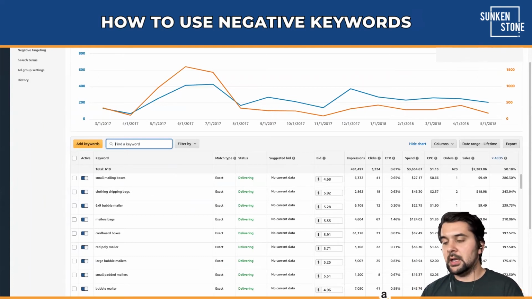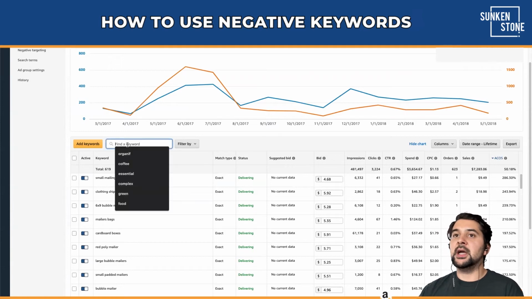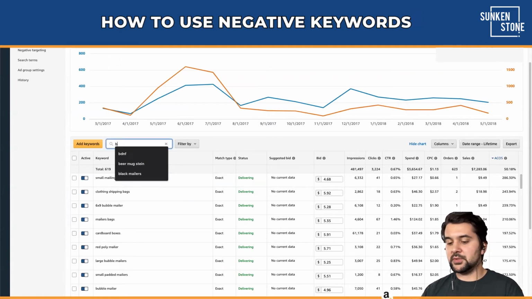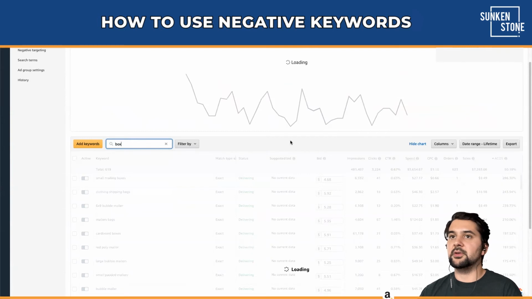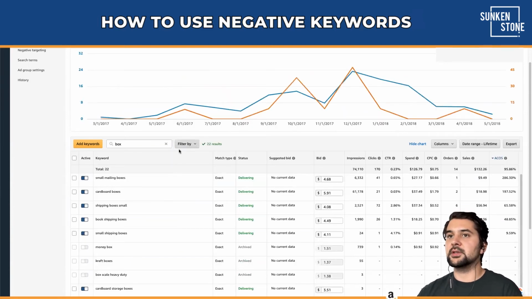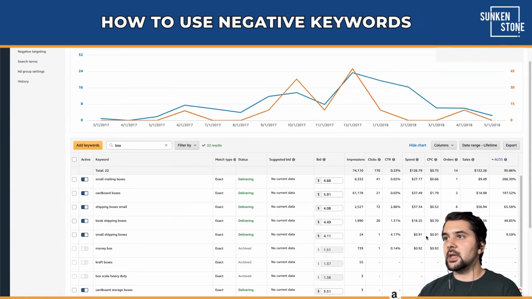So what I'm gonna do is check to see how all the box keywords are doing. So I'm gonna type box into my keyword field, and from that, in just a moment, we are going to get this resulting list. So we have small mailing boxes, cardboard boxes, shipping boxes small, book shipping boxes. And in aggregate, we're actually below 100% ACoS. So one could maybe make the argument that because it's not quite relevant enough that we could just completely eliminate this keyword. However,